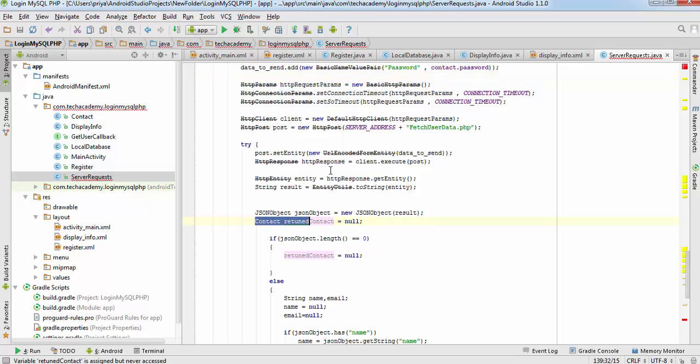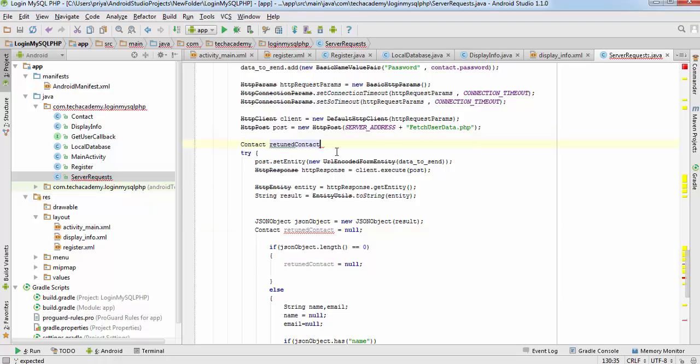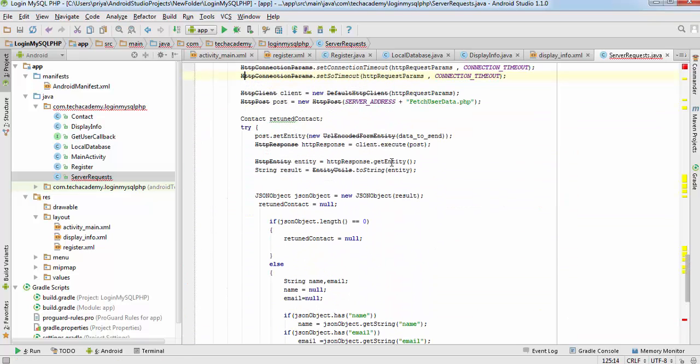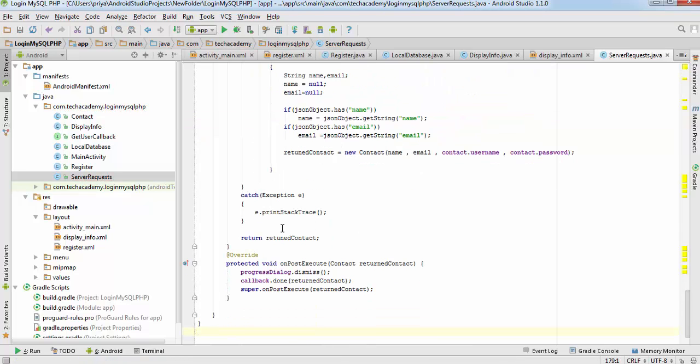So I'm just going to copy this and paste it here. So I'm declaring it outside the try block so that the error is gone from here. Okay, we need to initialize the variable return contact, so I'm just going to write equals null here. So the error is gone.